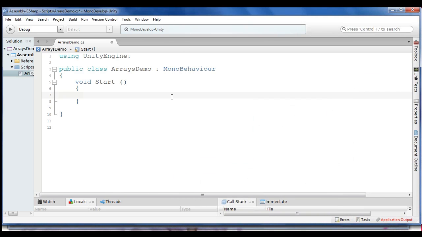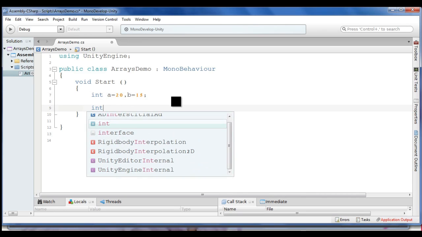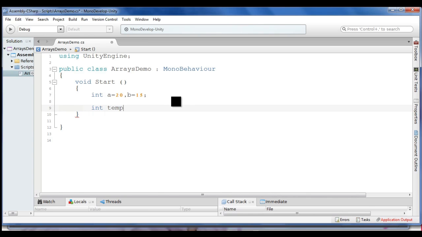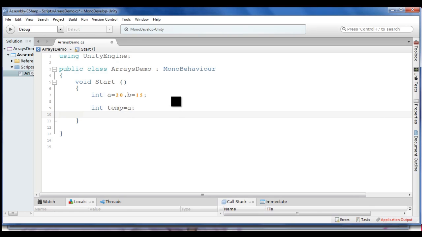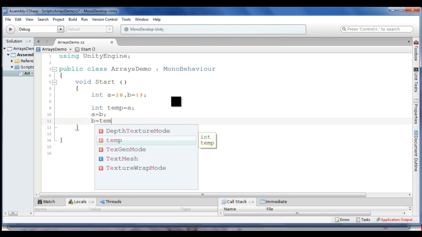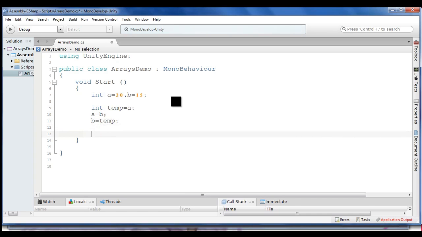What I can do is say int A is equal to 20, comma B is equal to 15. Now let us try to swap. We create one integer variable called temp and initialize it with the value of A. Then we say A is equal to B, B is equal to temp. Now if you see